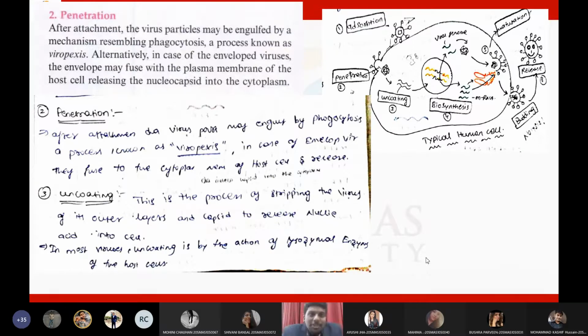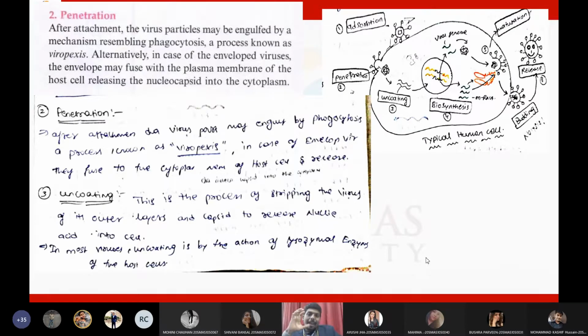The virus won't take any effort to enter inside the cell, students. Rather, the cell itself will engulf the virus. Actually, we already discussed this concept previously. Engulfment of a pathogen by a cell is called phagocytosis. Do you remember, students, what is phagocytosis? Yes, sir. A cell will engulf a pathogen, called phagocytosis.